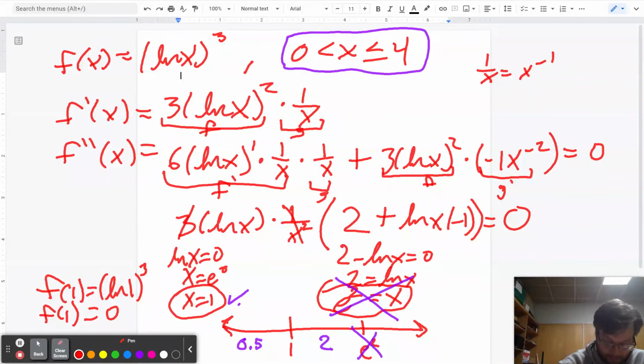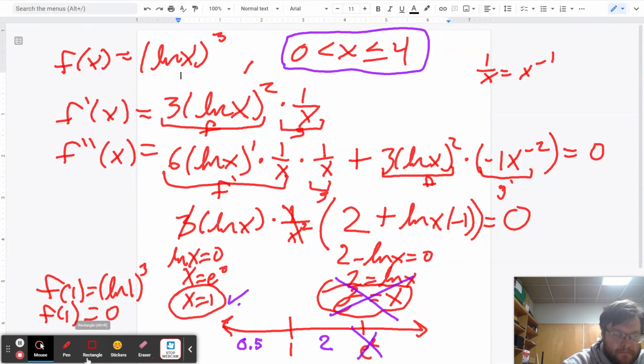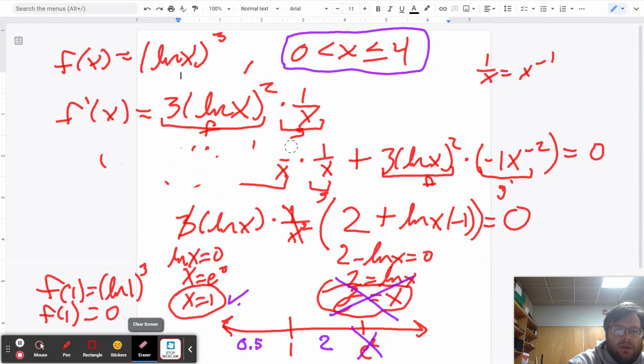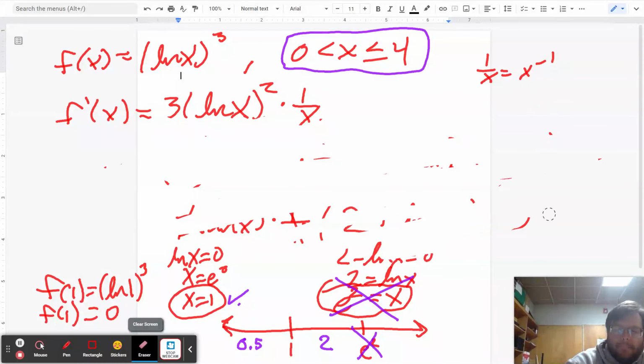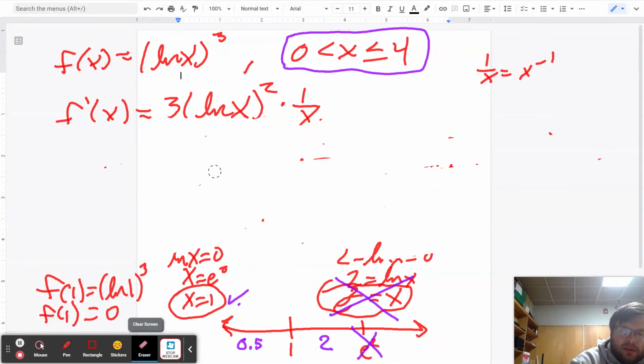Okay, so let's go back. Let's create a little space here. I don't need my second derivative anymore. I just need my first derivative because now the question's asking about tangent and normal lines at the point x is equal to e. So let's look at that. So when x is equal to e,